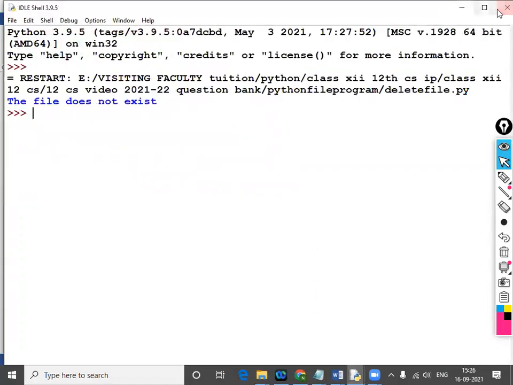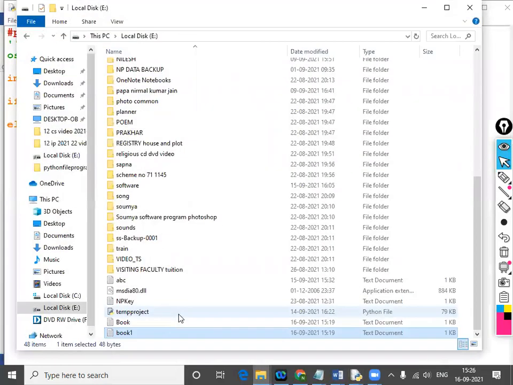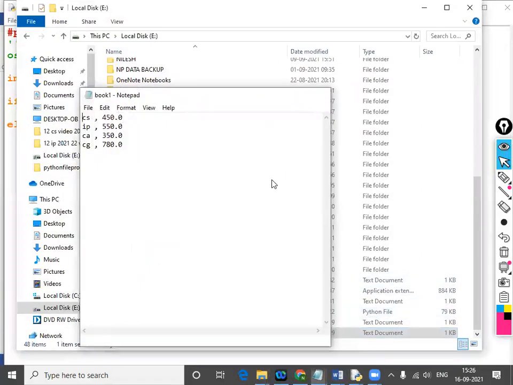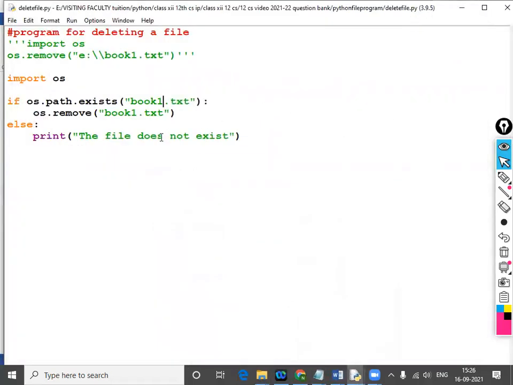File does not exist. Book one. ये gap है ना? This is clear.